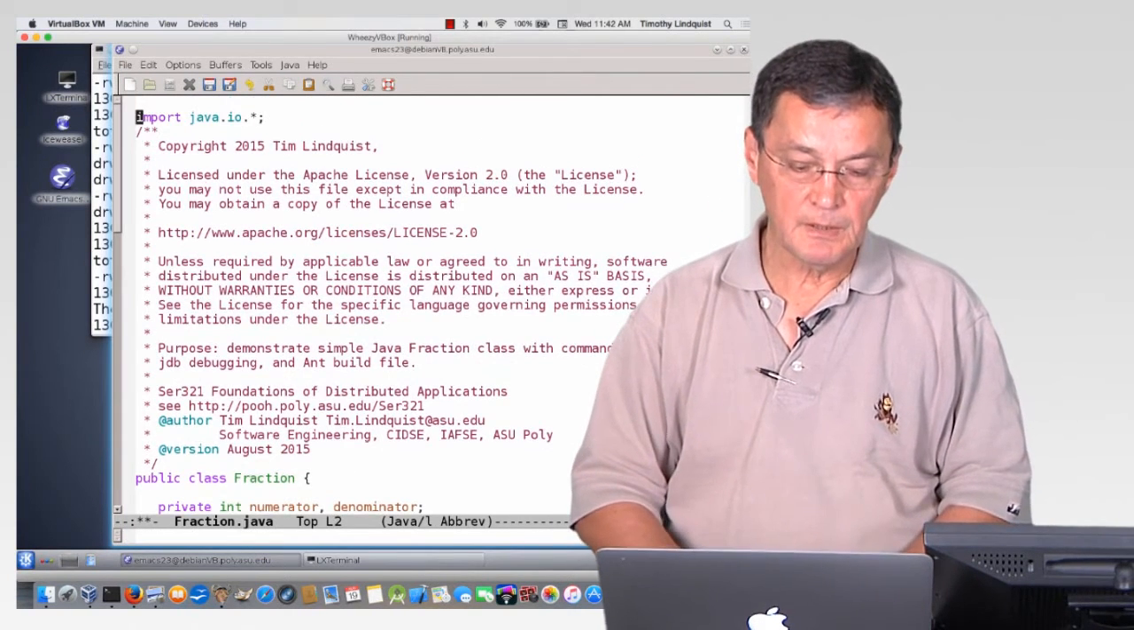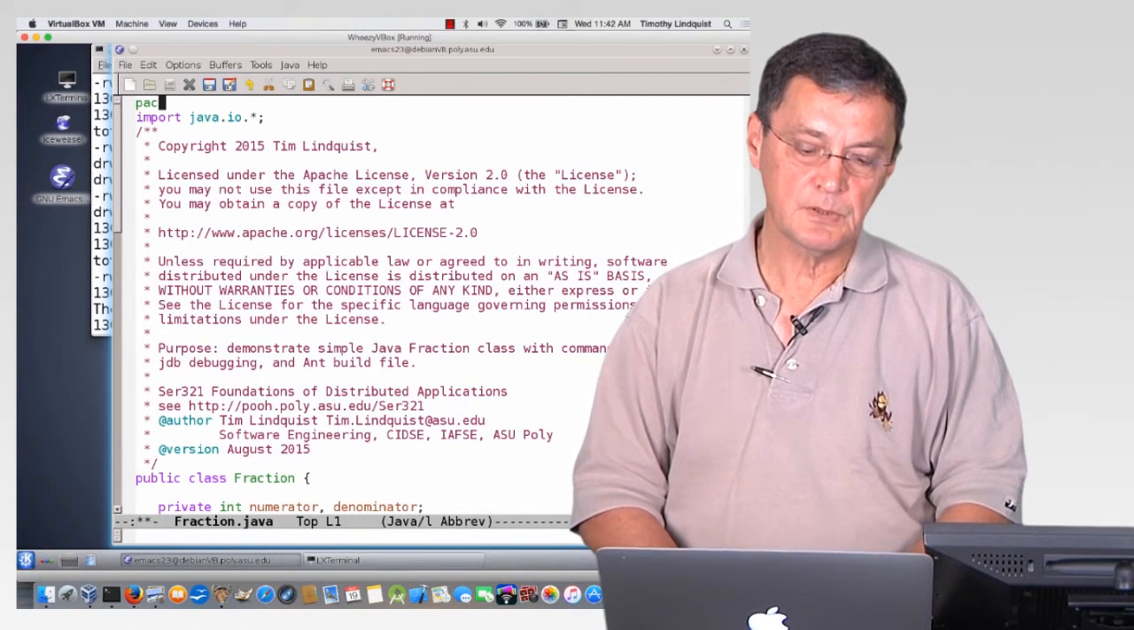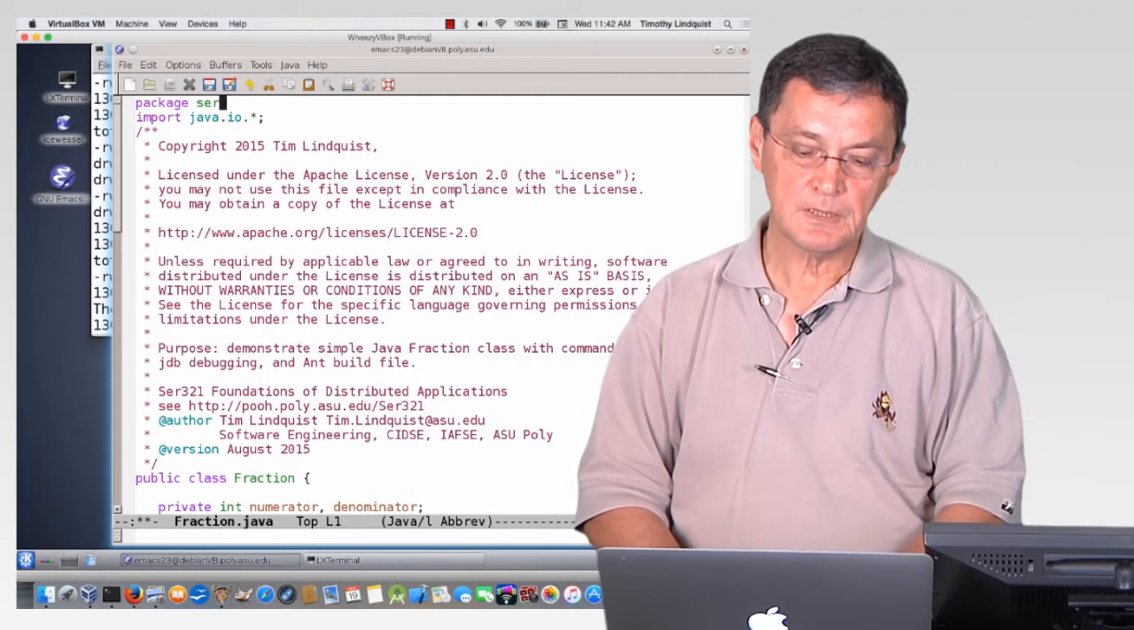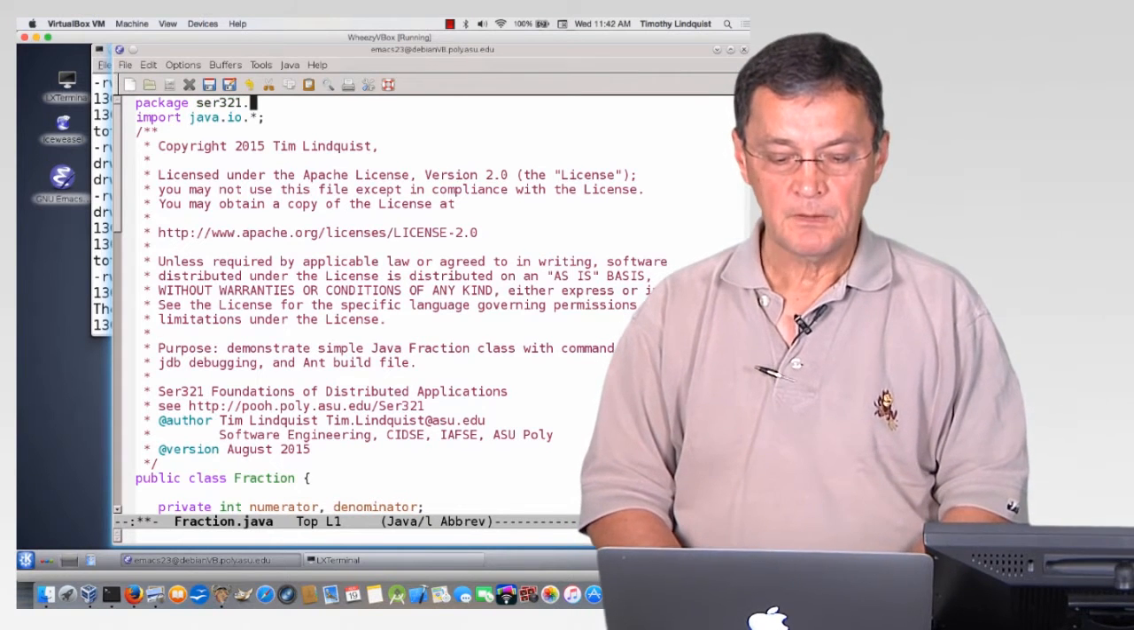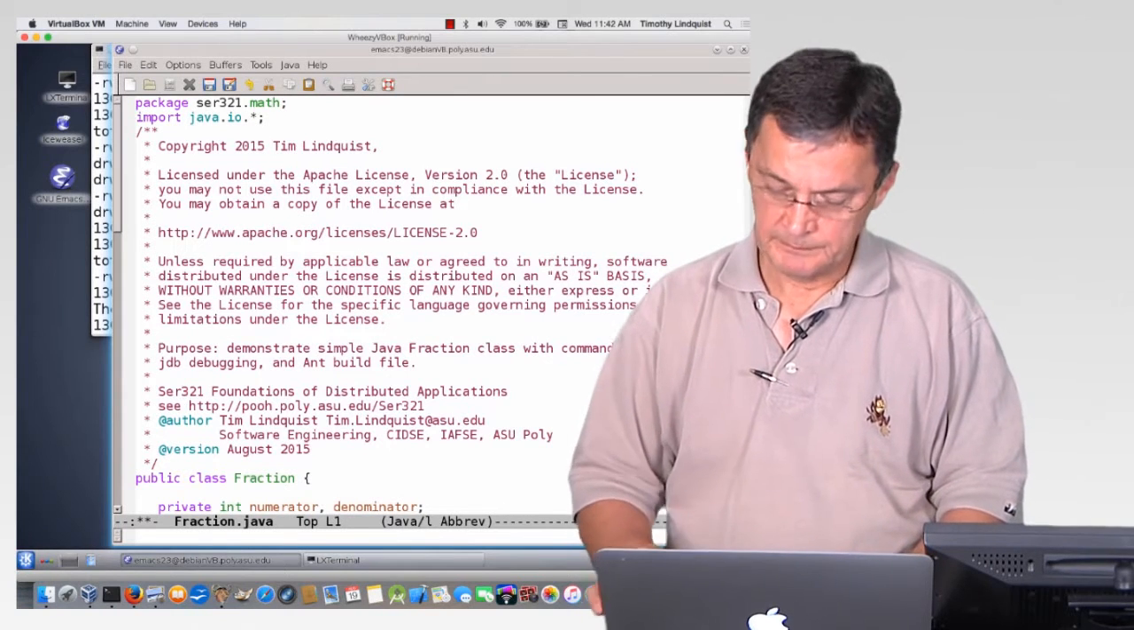At the very beginning of a Java class file, it's very common to package it. So we can say package SER321.math;